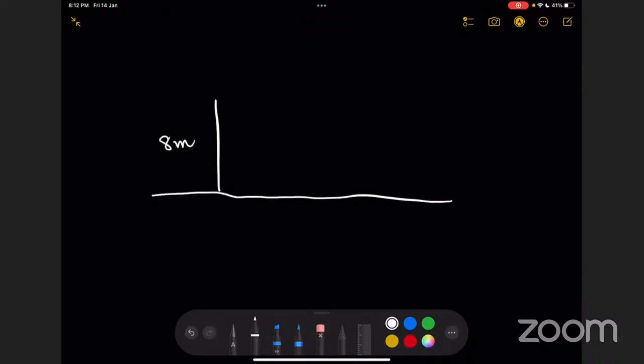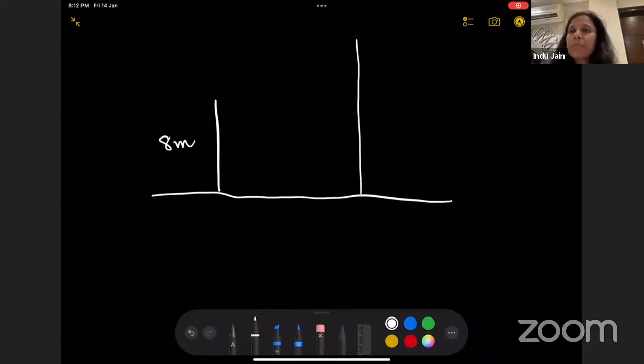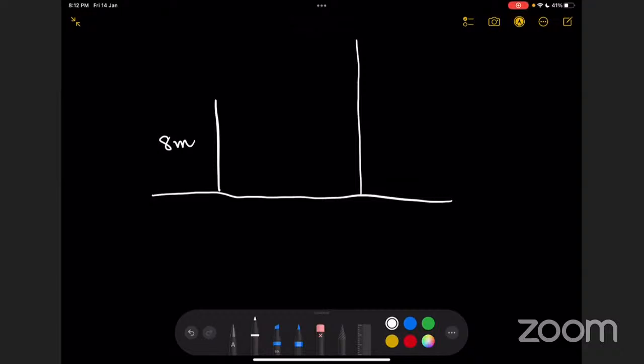From the top of a multi-storied building are 30 and 45 degrees, and their angles of depression, they're going down. So if it's at the top of another building and they're going down, that must mean that the second building is bigger than the first. So the angles of depression from the top and bottom of an 8-meter tall building